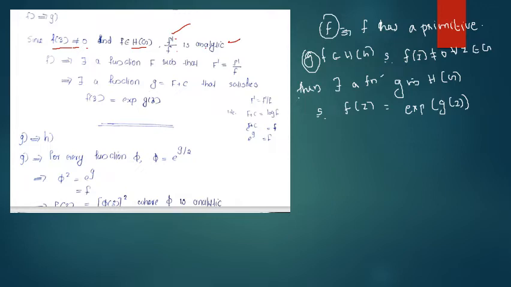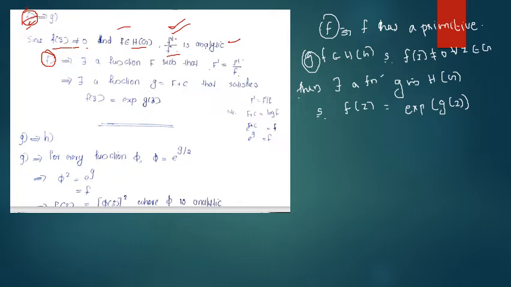So by our assumption, we have given that for any analytic function in H of G, the primitive is given. So for this particular function, there exists a primitive capital F such that capital F dash equals our function, which is f dash by f. That means capital F dash equals small f dash divided by f, which implies there exists a function g equals F plus c that satisfies f of z equals